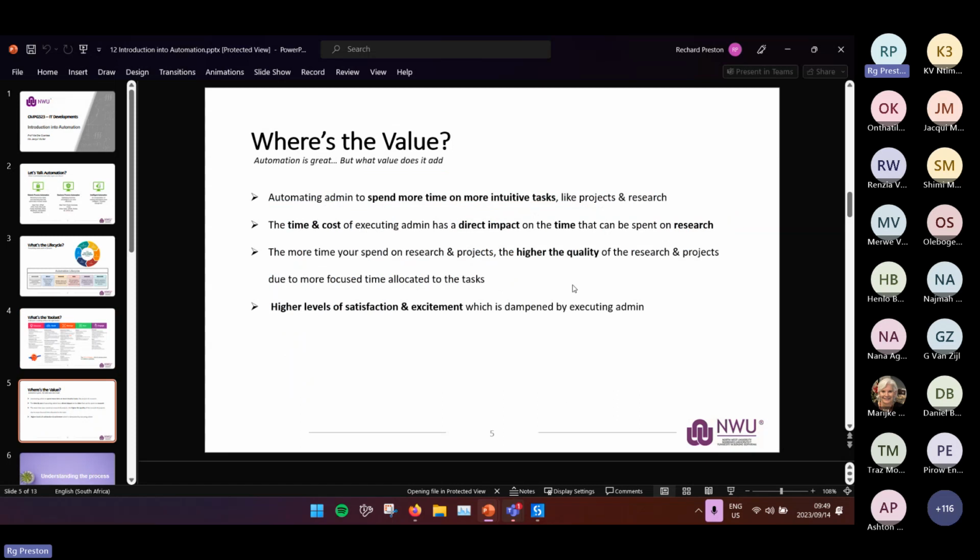Yeah, so essentially the value of automating a process is that the end user does not need to spend time on that repetitive task anymore. We free them up to go do something else. Generally, this